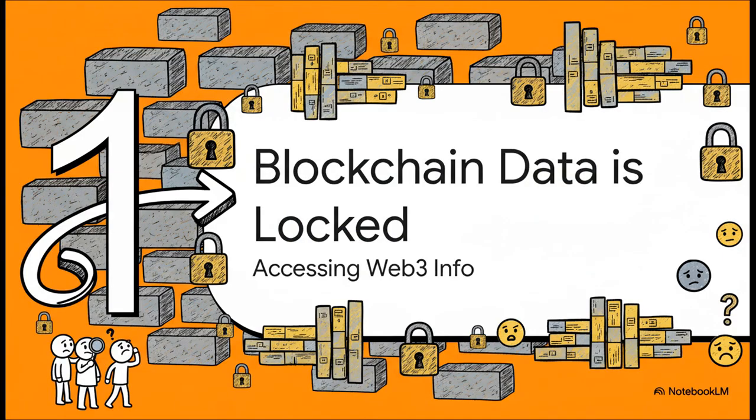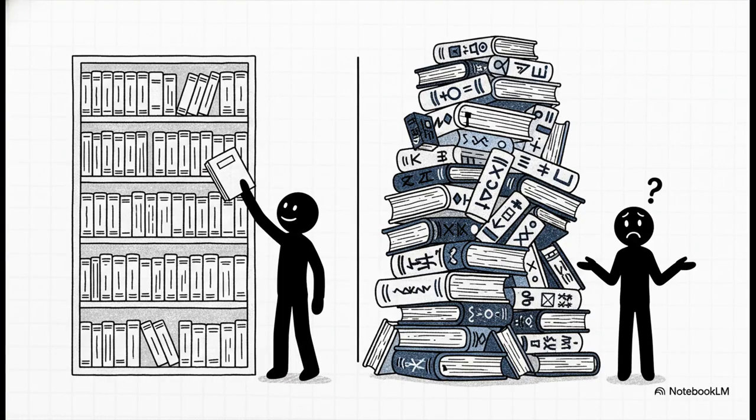But hey, to really get why the solution is so cool, you first got to understand the problem. And the reality is, right now, for most of us, all that valuable information on the blockchain is basically locked away behind this huge wall of technical jargon. See, blockchains like Cardano don't have the kind of standardized data models that we're used to seeing elsewhere. The best way to picture it is like a giant library with no card catalog, and every single book is written in a different, super complex language. Without the right tools, all the incredible insights hiding in there are pretty much impossible to find.